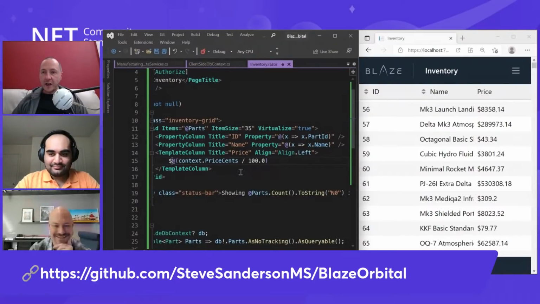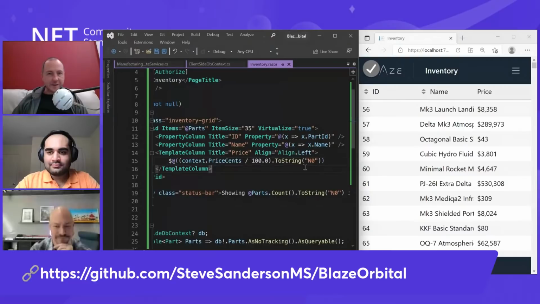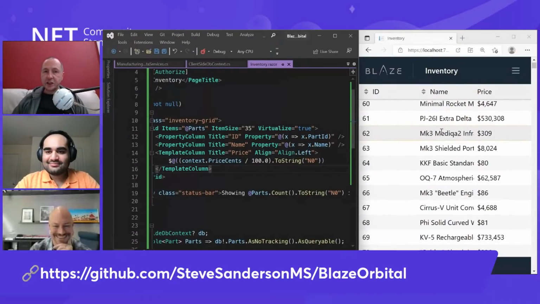That's good. Let's just change it a little bit more. Let's say I want it to not have the cents afterwards, and I want it to have comma separators as we go. So that's hopefully going to look a little bit better now. All right, this is kind of absurd, but anyway,